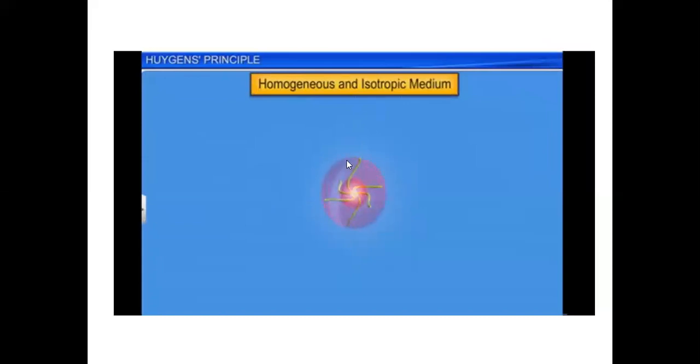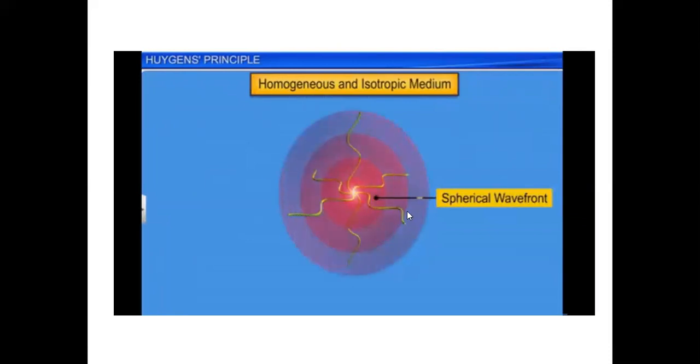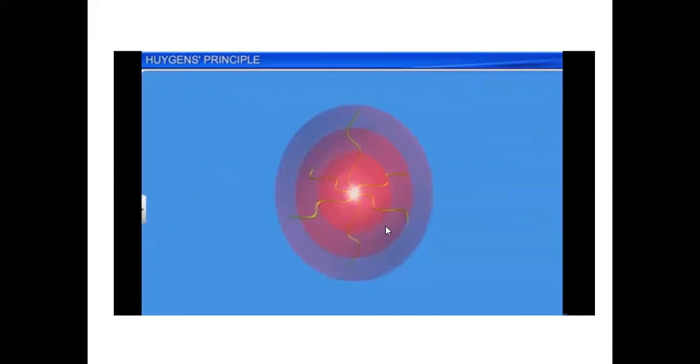Okay, so from the source of light, these waves will be traveling in all the directions. And if you collect all the crests and troughs, imagine that you can switch off the light at a particular instant, and when the second crest is produced, you switch it off. All the second crests will have been produced in all the directions. Now, if you collect all these points, you will get a spherical wavefront, right? So it produces a spherical wavefront. Suppose you end it at the second crest, you will get a spherical wavefront. If you allow the light to grow further, you will get another wavefront, right? The next wavefront.